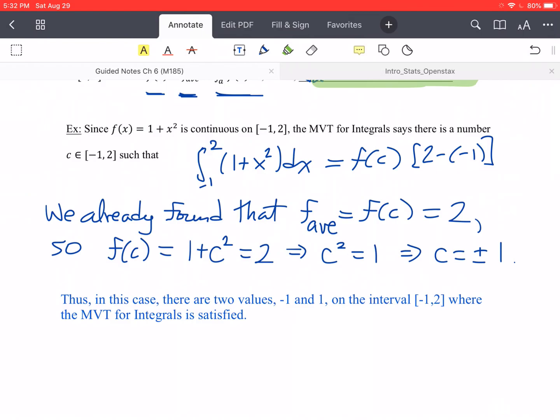Alright, and that's all we're going to do with the mean value theorem for integrals, just using it again as another application of integration, just going another step further. And that's actually it. Very short section to end off chapter 6. So that brings us to the end of